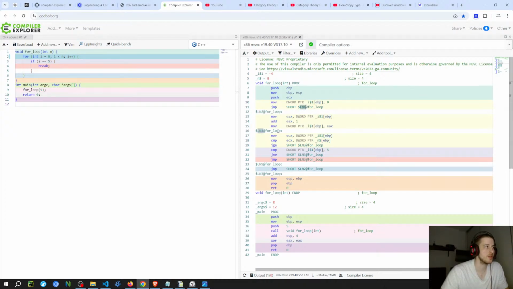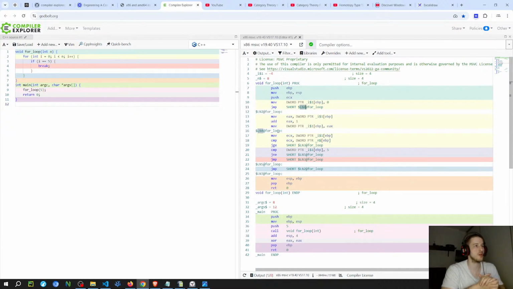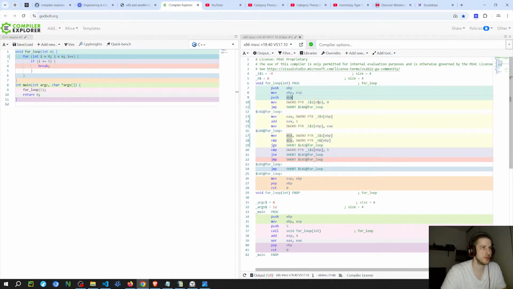So what is ECX? ECX should be holding the value of I actually. I don't understand why he pushes ECX. I think he pushes because of the space. So yeah, it's pushing because it's going to use the offset -4 there. So this push here just moves the pointer, I think. The value of I is still going to be on the stack, but it's just doing the push to get the correct offset, I think. So it's going to jump to this label.